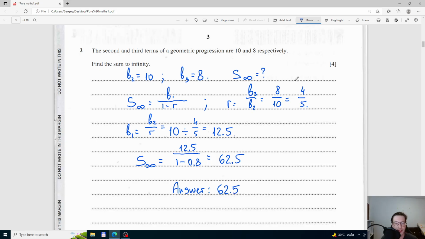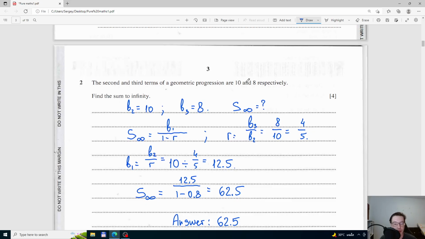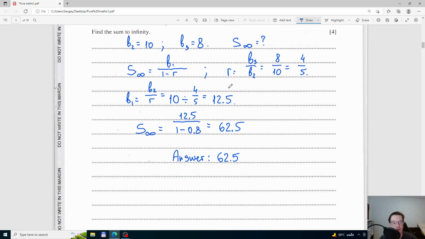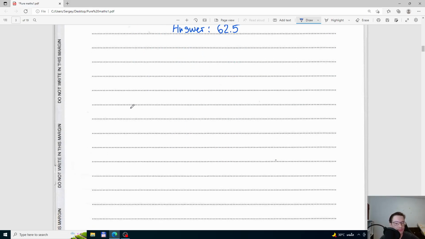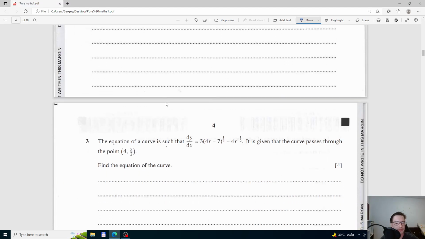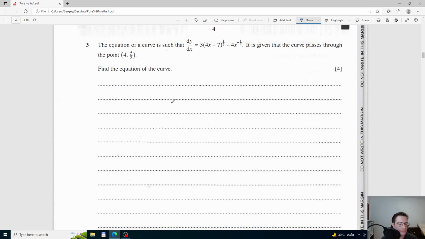I will state this as my answer for the second question. Now, time to move on to the third one. Okay, now we know the derivative of the function, and now we're supposed to find the actual function. So if you know the derivative, then the function is going to be the integral of the derivative. So we're supposed to integrate